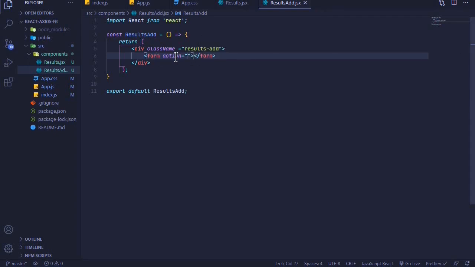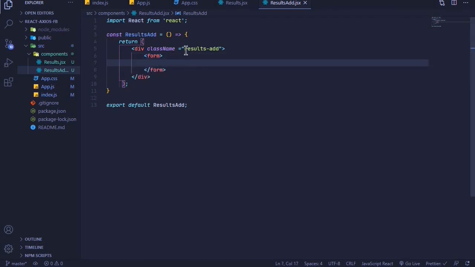We don't have any action in this form, so I'll remove this. We will have 3 input fields and a submit button, and to start with, I want to start with a h2 here. So h2, enter, and what we want is to add new entry,